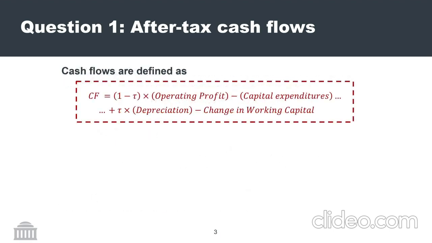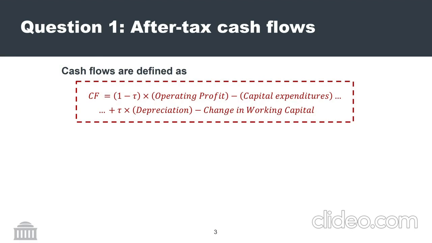Cash flows are defined as 1 minus tax rate times operating profit, minus capital expenditures, plus tax rate times depreciation, minus change in working capital. Tax rate times depreciation is known as the depreciation tax shield, which arises due to the fact that depreciation is